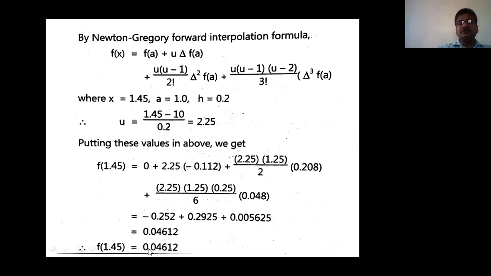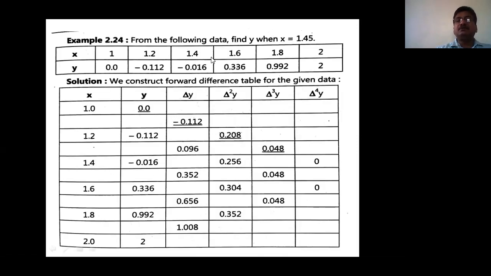We have the value 0.04612. This is the value. So if we observe the table, then 0.04 is the value at 1.45. Okay, so here is 1.45. So if you observe, now the value is 0.04. Okay, so